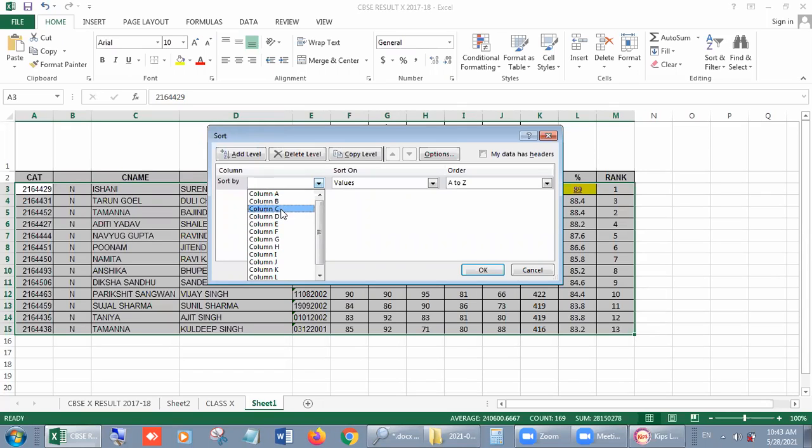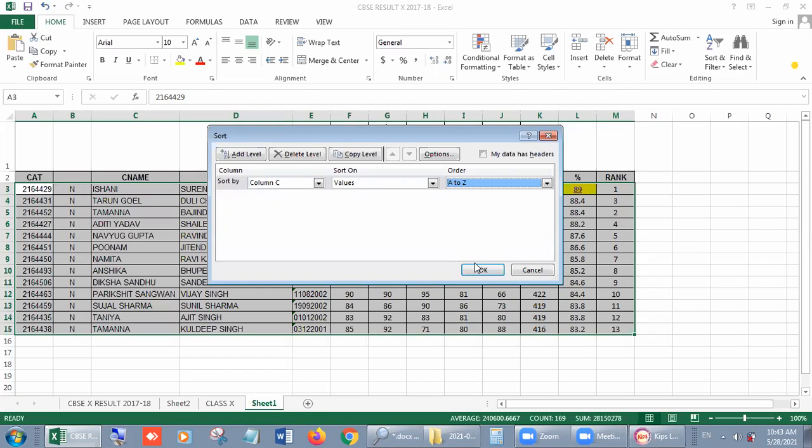Then we choose the C column. Then it will ask in which order you want to sort it, A to Z or Z to A. Suppose I am choosing A to Z, which is the default value. Then click on OK. When I click on it, you can observe the change in the names.